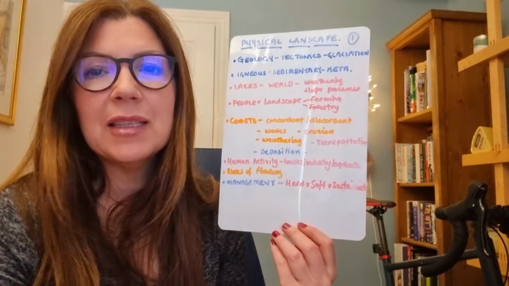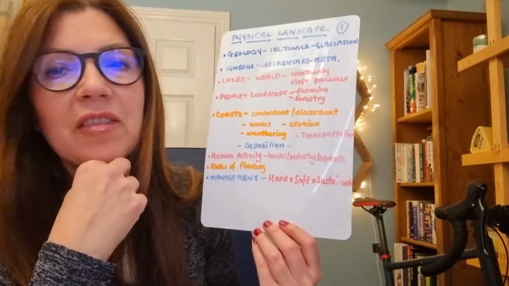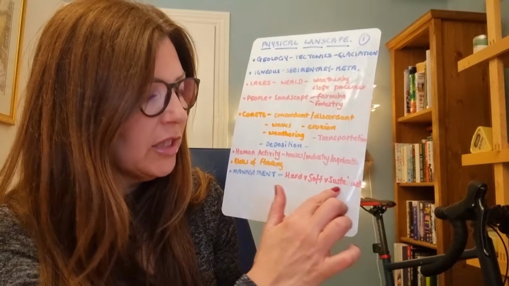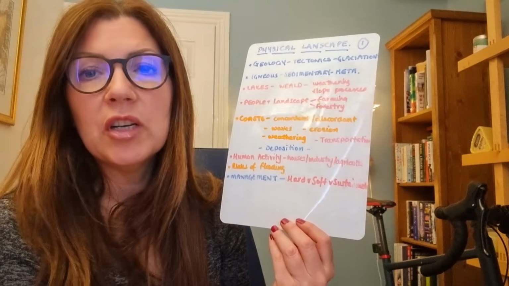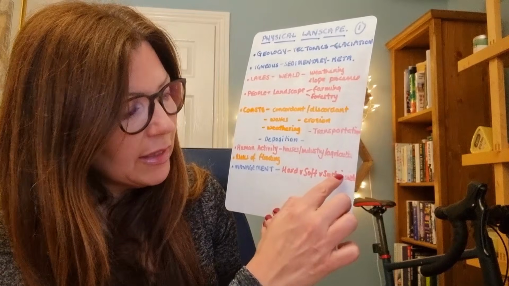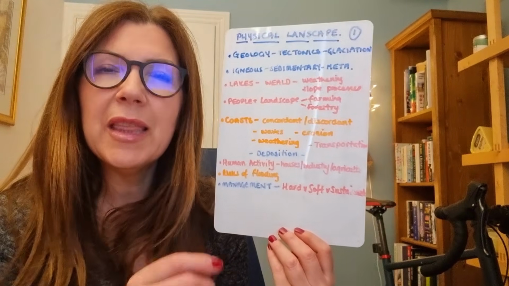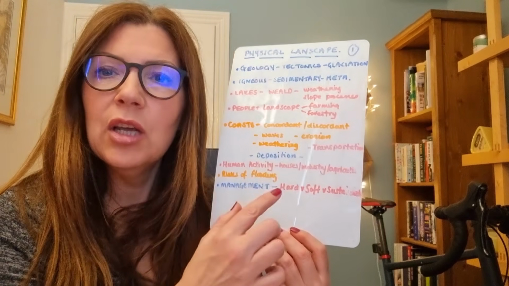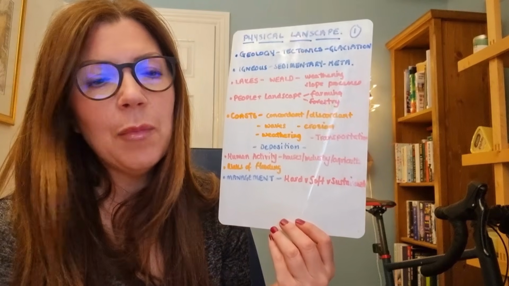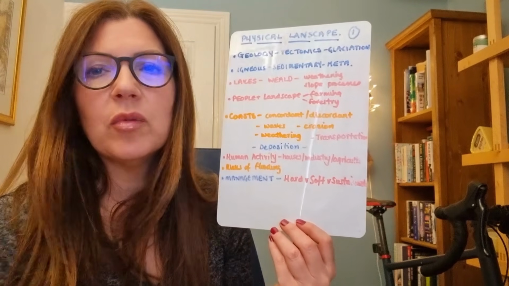And also taxpayers have to pay for that, and a lot of people who don't live right on the coastline maybe don't want to pay for that. So you get a bit of conflict happening here. Soft engineering is a lot more sustainable, but it doesn't last as long. And then remember, when we've got sustainability, you need to be thinking of your shoreline management plans. So what happened in the past was that engineering would often happen just wherever it was needed,